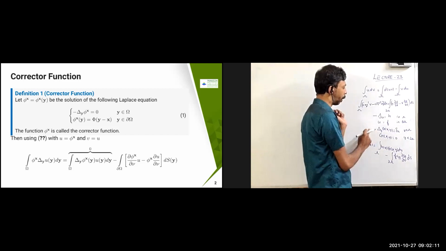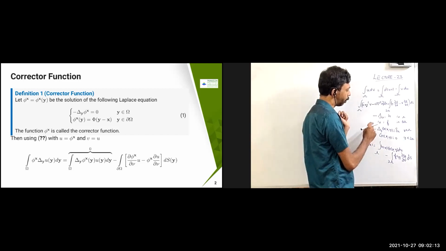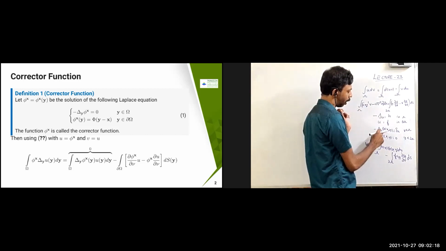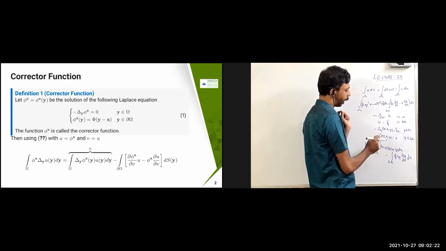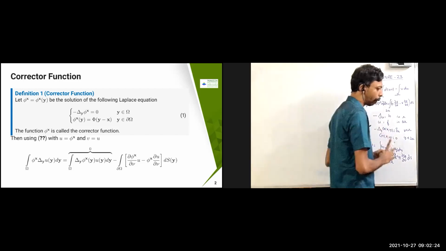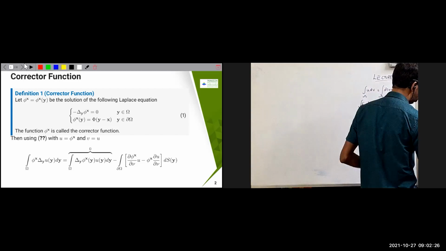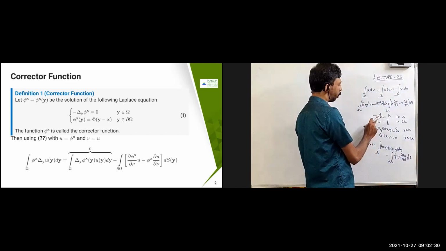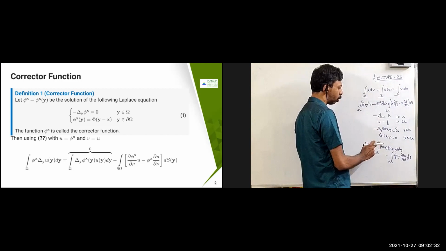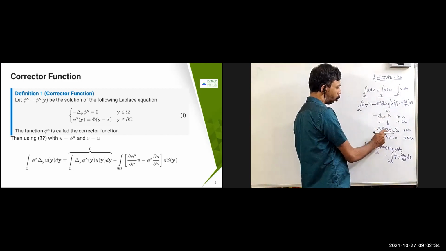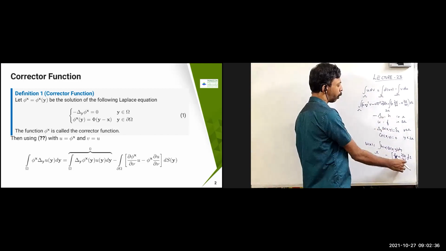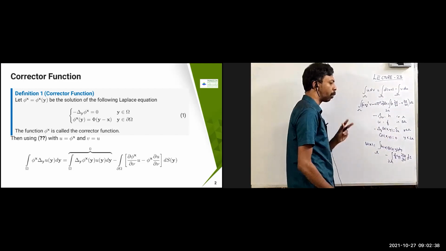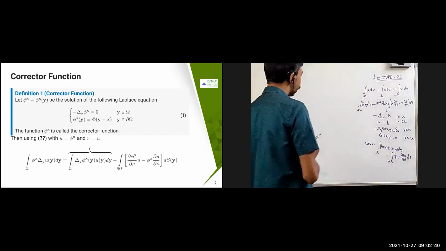In order to solve this problem, suppose there is a Green's function such that del y of g of x comma y equal to del x and u of xy equal to 0. Then what we are trying to say is that the solution for this u is going to be given as u of x equal to the integral of h of y into g of xy minus the integral of f of y into dou g by dou nu into ds. The proof we have seen already in the last class.